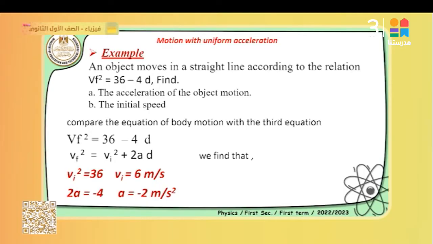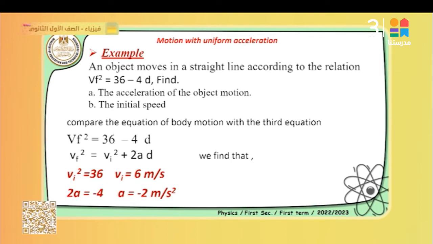This is a simple, direct application of this equation. An object moves in a straight line according to the relation v final squared equals 36 minus 4d. Same as before, I want the acceleration and the initial speed, or initial velocity. By comparing the two equations,